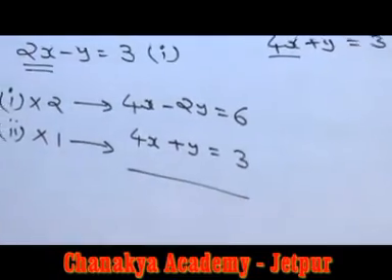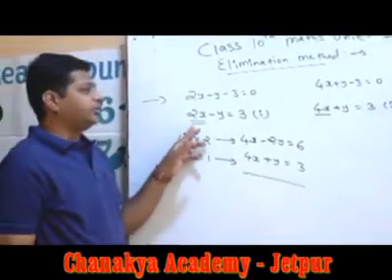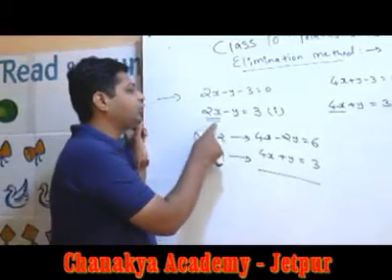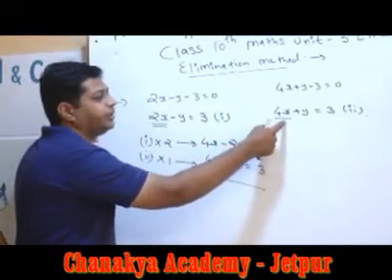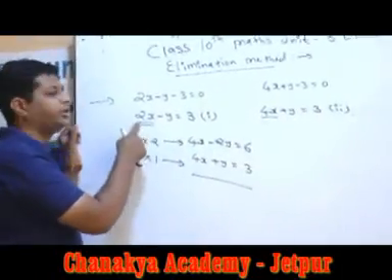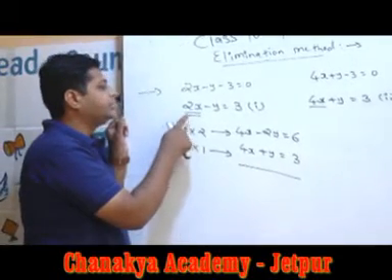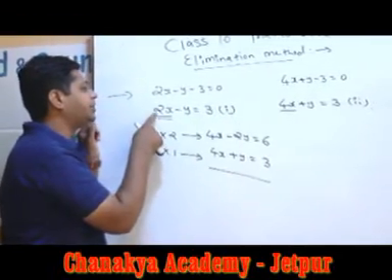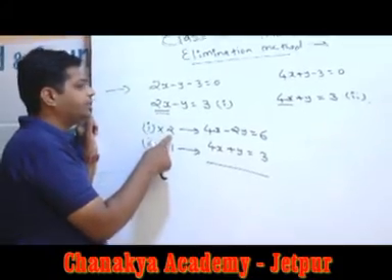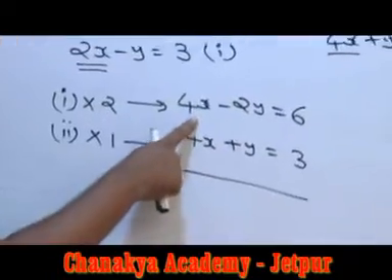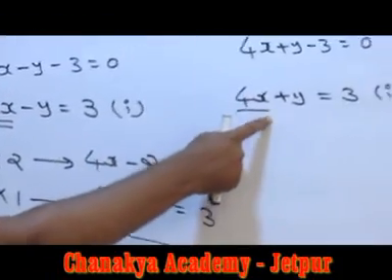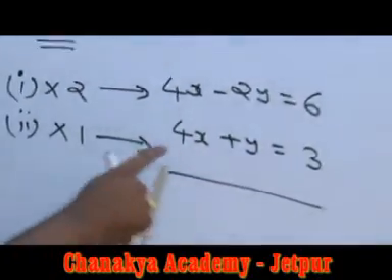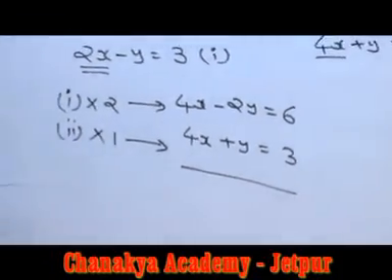Students, repeating again. In other sums, we have already practiced that we are multiplying 2x with 4 and multiplying equation number 2 with 2. But here the concept is other. Here 2 is already the factor of 4. Therefore, we are directly multiplying 2x with 2 in order to obtain 4x. And we are multiplying equation number 2, that is 4x into 1, in order to obtain 4x in order to nullify. Okay, now changing sign.